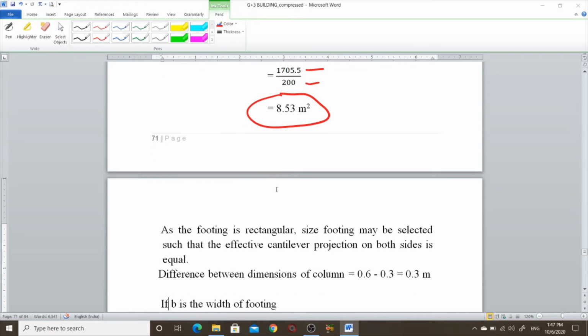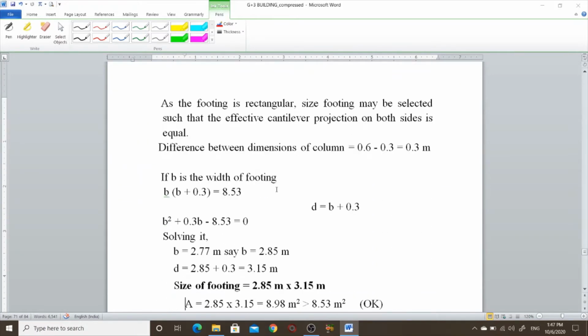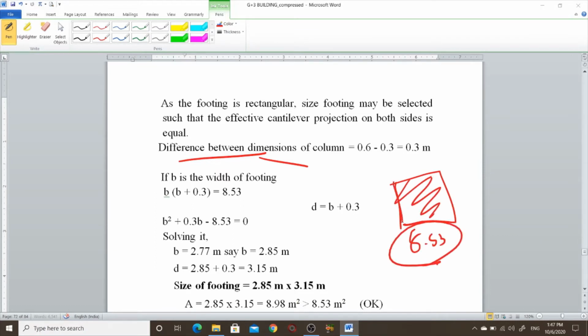Right now we are going to find the different dimensions of the footing. Here we have the footing, we have the area 8.53, but we need a dimension, a width or length.